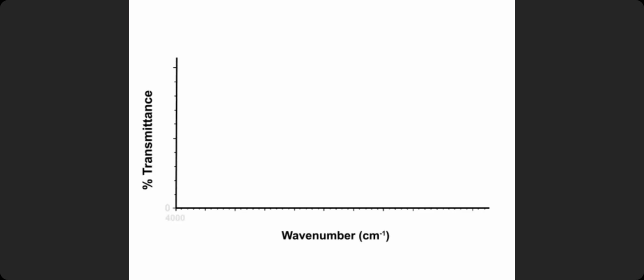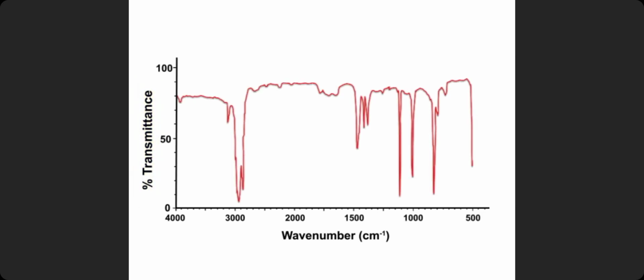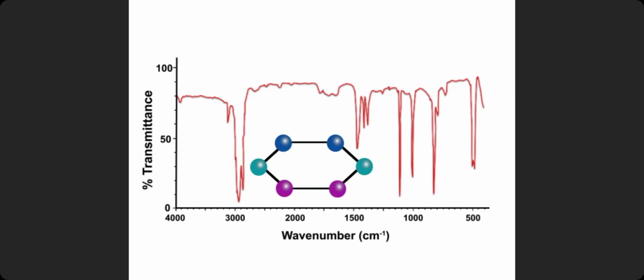This is generally represented with a spectrum of percent IR radiation transmitted through the sample at a given frequency in wave numbers. In this type of spectrum, the peaks are inverted, as they represent a decrease in transmitted light at that frequency. The absorbed frequencies depend on the identity and electronic environment of the bonds, giving each molecule a characteristic